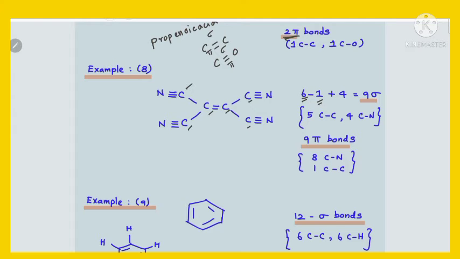So here the other atom is nitrogen. Here 2 nitrogens, here 2 more. So total number of other atoms is 4, isn't it? So 6 plus 4, 10, minus 1, 9. 9 sigma bonds are there. Okay. Among these 9 sigma bonds, 5 are between carbon and carbon actually. So this is 1, 2, 3, 4, 5. 5 between carbon and carbon.